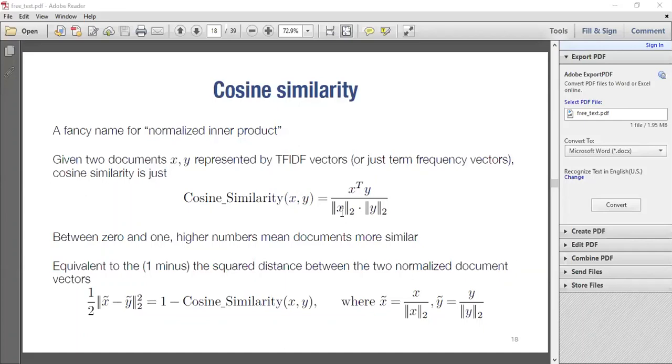Then obviously you normalize, whereby you square each value within the vector of the first document, some kind of Pythagoras where you square all of them, add them together, and do the square root, get a particular value for the first document, get that same thing for the second document, multiply them together, and then use it to normalize what you have at the top. That's basically what this formula means.